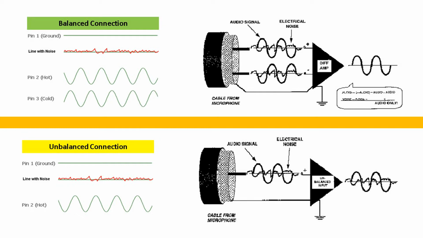So let's talk about the theory of signals here for balanced and unbalanced. Let's talk about unbalanced first, the yellow box. So it has a two-wire system. So pin 1, the ground, pin 2 is the hot or the in-phase signal. Pin 1 represents a very clean connection. However, in reality, due to